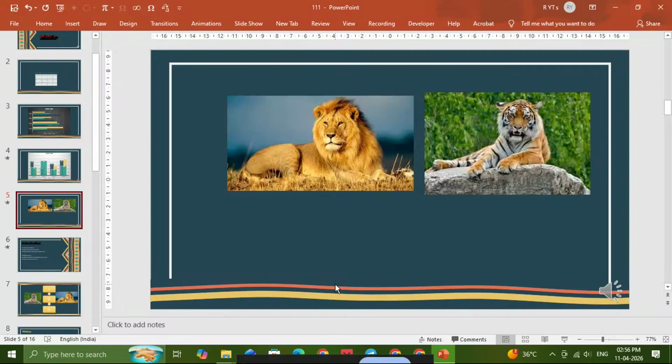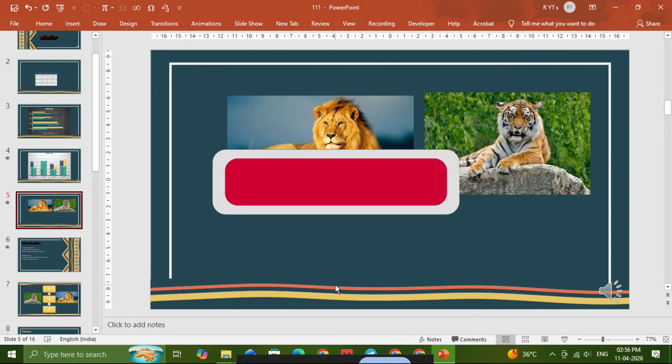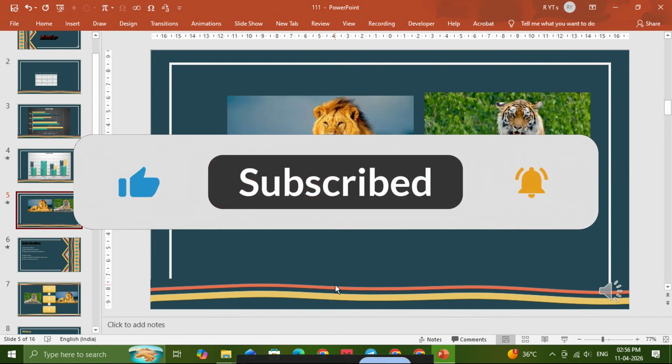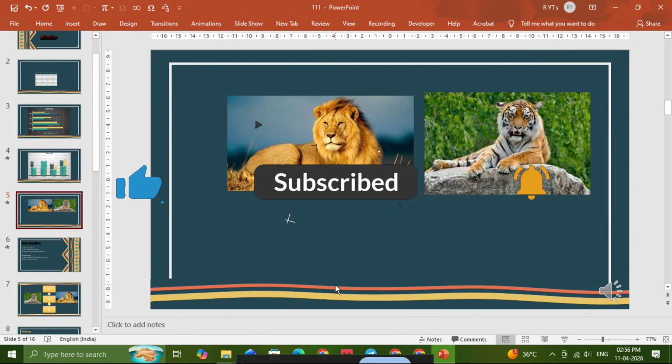If PowerPoint keeps automatically capitalizing the first letter of every sentence, table cell, or even the names of days, don't worry. You can turn that off in just a few clicks. In this video, I'm going to show you exactly how to stop automatic capitalization in PowerPoint so you can type the way you want without fighting the program every time you start a new sentence or enter text in a table. This is a really useful fix if you want more control over your slides, and it can save you